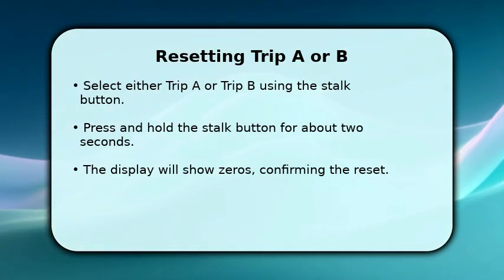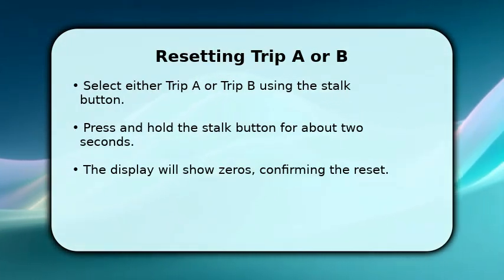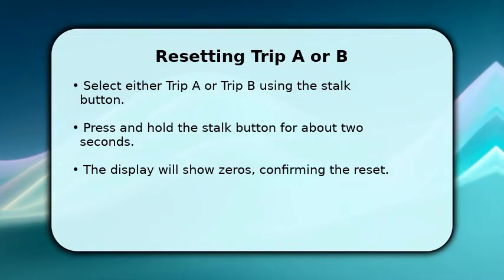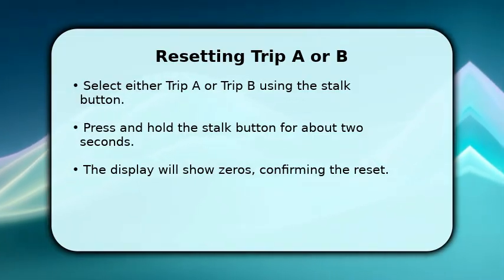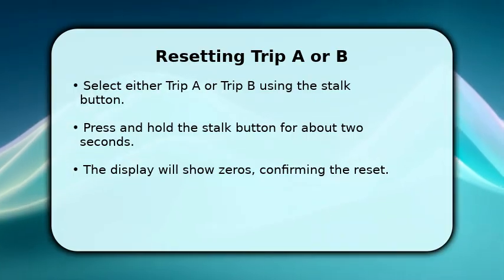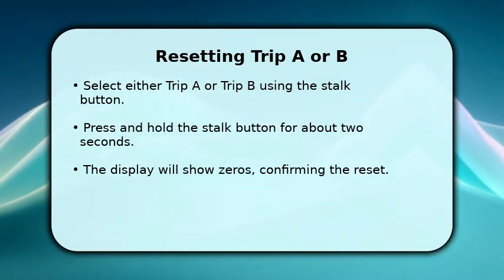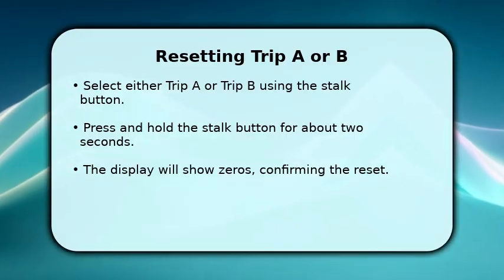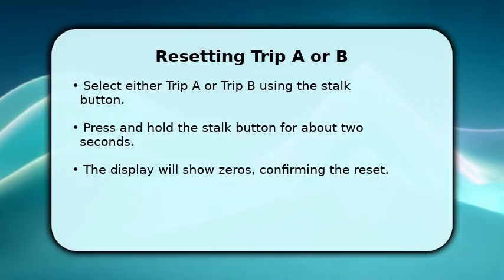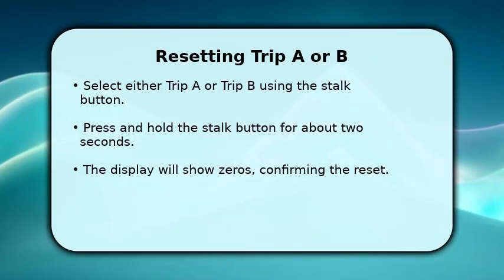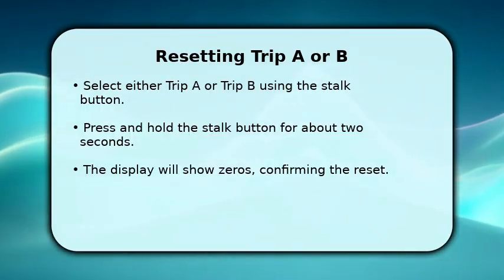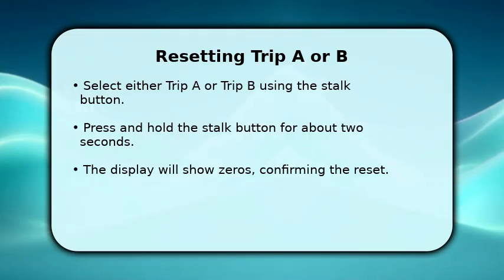Once you have selected the specific trip meter you wish to reset, whether it's Trip A or Trip B, the next step is straightforward. Simply press and hold the button on the end of the trip computer stalk. Keep holding it for approximately 2 seconds. You will then see the numbers on the display change to zeros, indicating that your selected trip meter has been